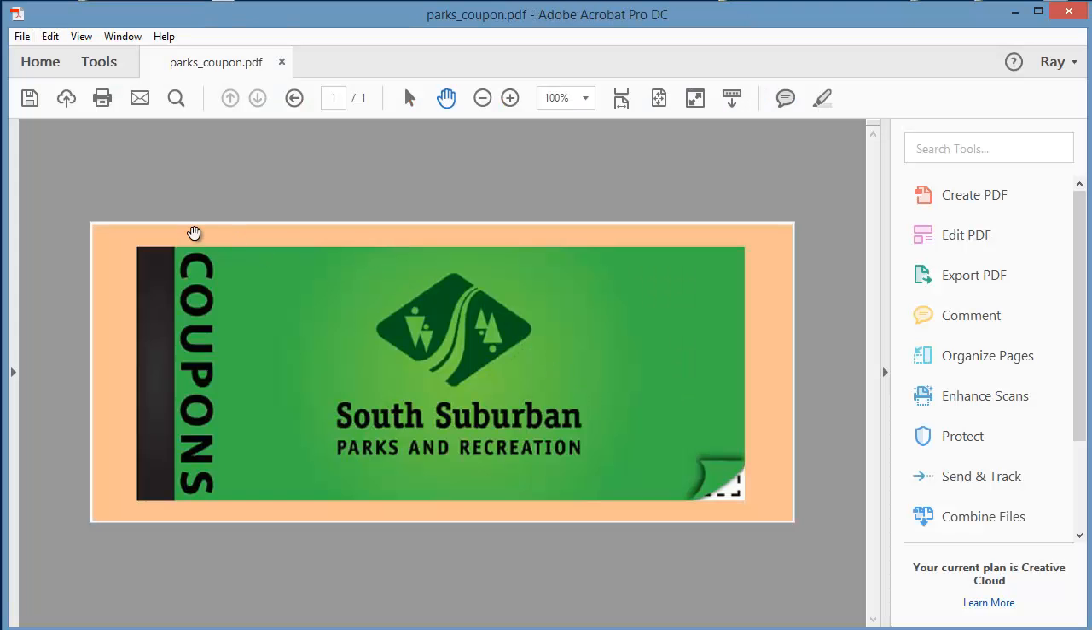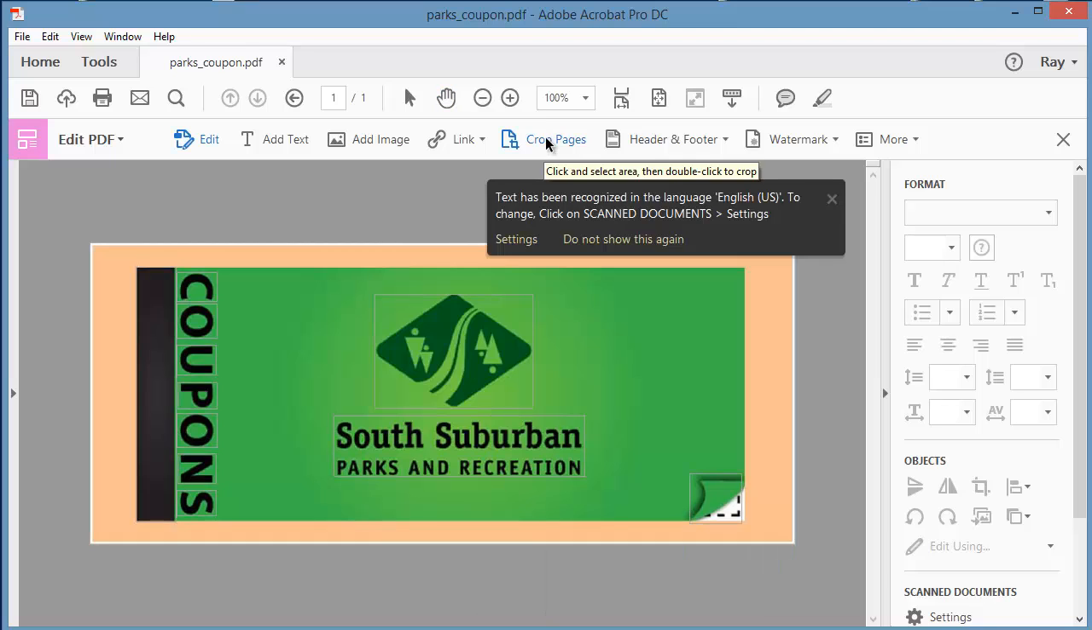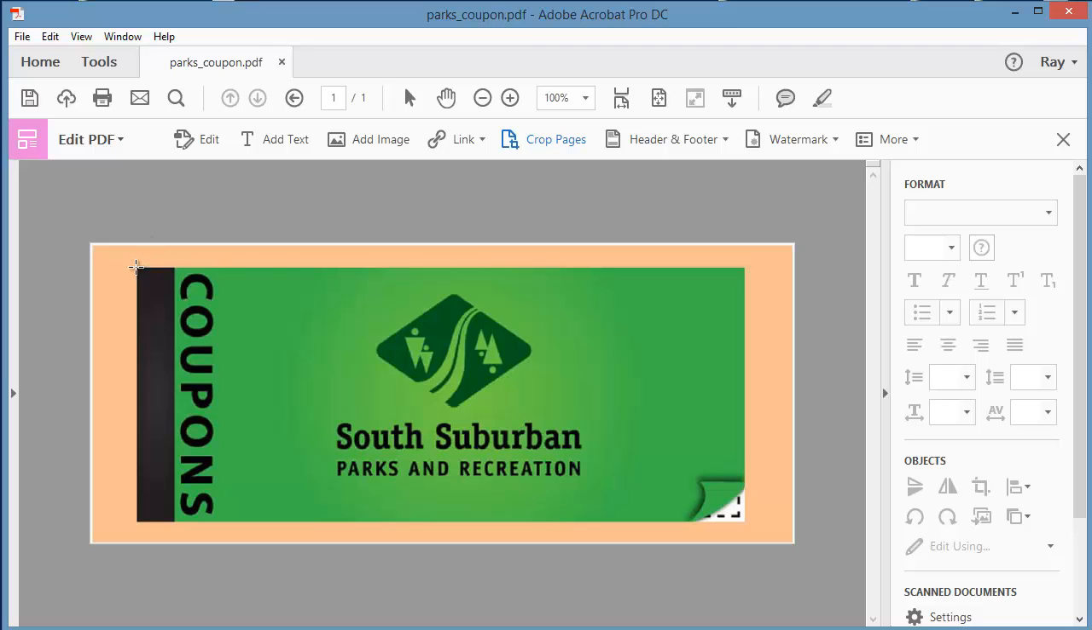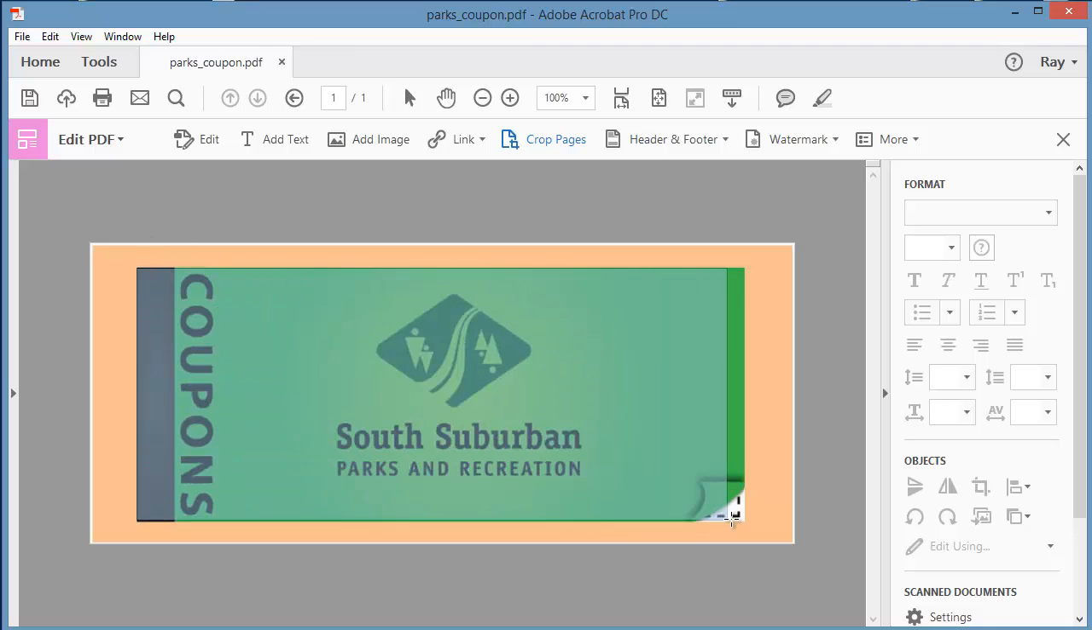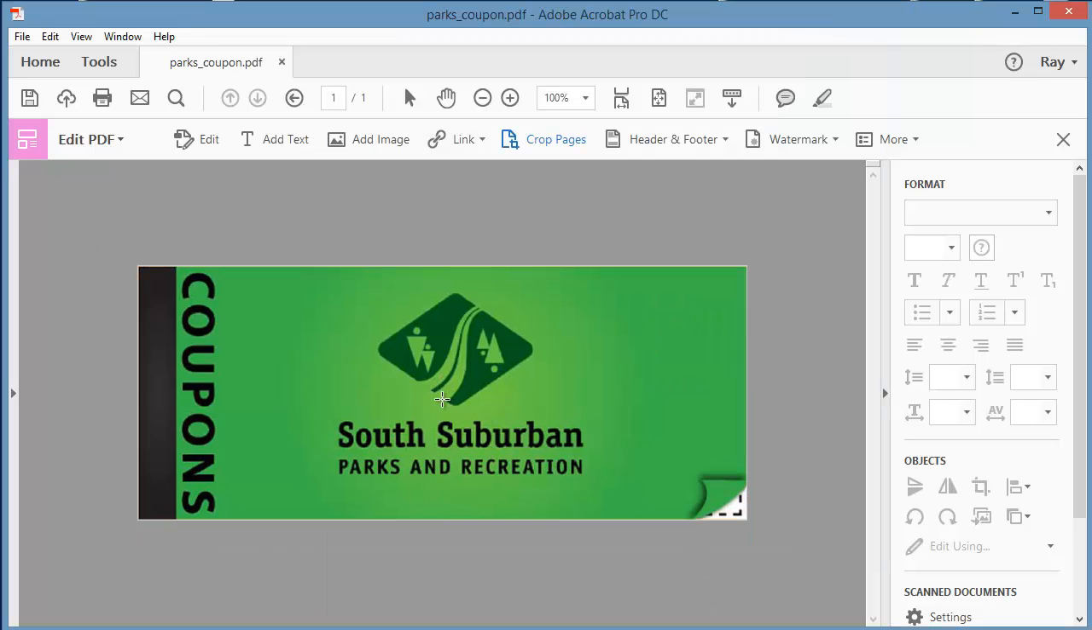In Acrobat, when you have the, in this case, JPEG image open in a PDF, I see Parks Coupon PDF here. If I go ahead and choose Edit PDF, there's the cropping pages right here. And if I click on Crop Pages, I can come out at this point and just choose my cropping area. So I'll go ahead and select this part right here. I'll double click the center of that, and it brings up the cropping set boxes area. And I'm going to go ahead and just pick this up and just say OK, and it's cropped the area,